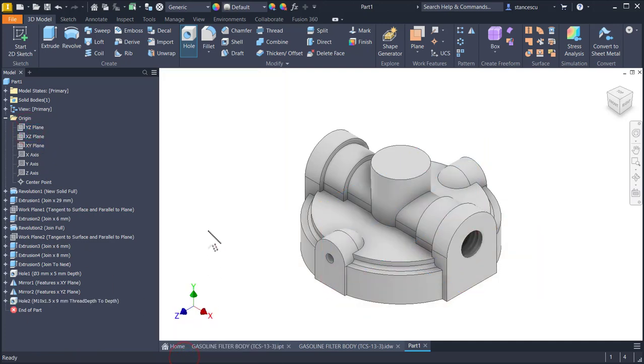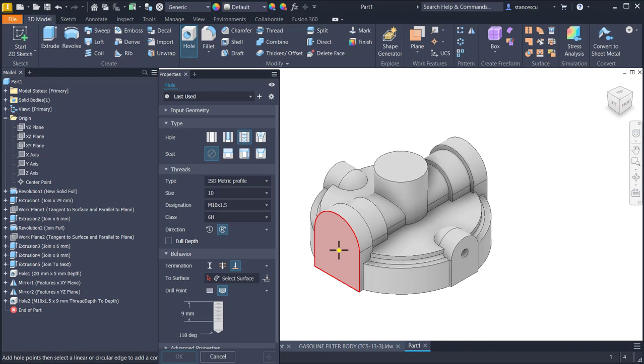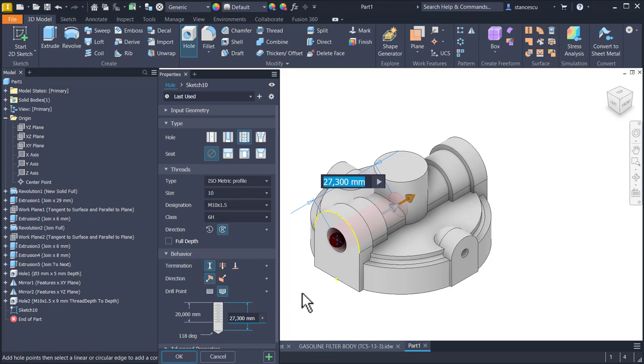Okay, the other hole, similar to this one, is placed here with this center, but the distance now is 22. Okay,